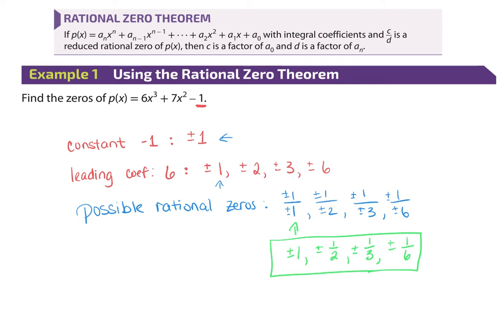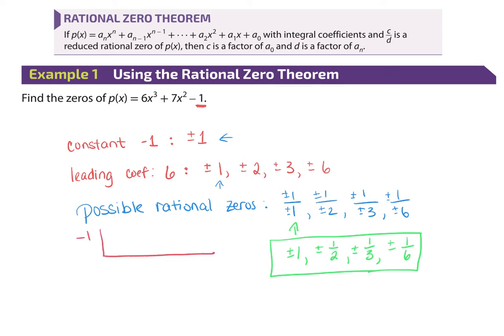Now, how do we know which one of those works? Because that's a whole list that I don't want to try to go through all of those, right? 8 different options. So typically when I'm doing this, if I don't know what the 0 is, I'm going to start with my positive and negative 1. That's always going to be an option because positive and negative 1 is a factor of everything, right? If you multiply 1 by itself, it's going to be one of the factors. So if you start with, and I think they started with negative 1,